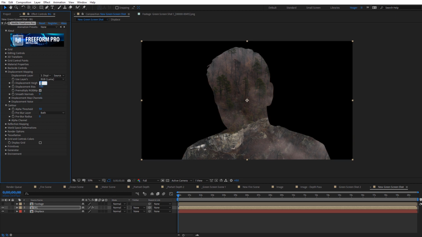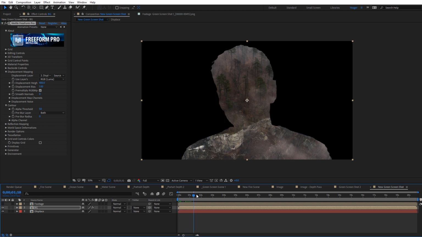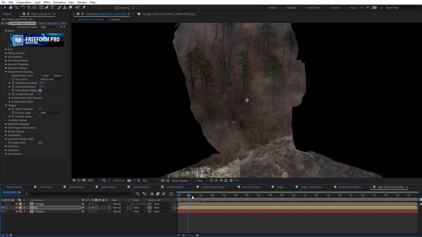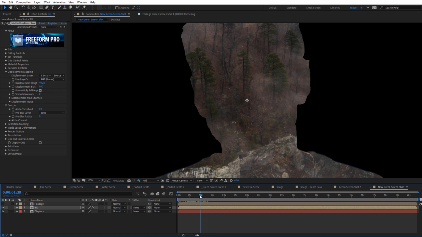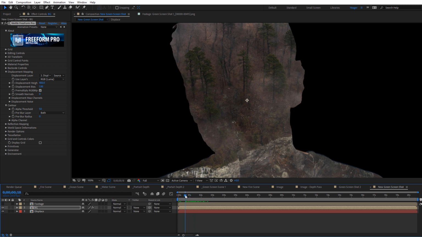And let's increase the displacement height here to 400 again, just so we can see this a little bit easier. Usually I use something like 200. Now we can see the footage has been displaced a little bit. Let's scroll through this. And it's done two different things here. So we're seeing the displacement on the actual background here, kind of in our cutout, and that's what we want. But you'll notice that the edges here have also been displaced because of all the displacement that's going on.